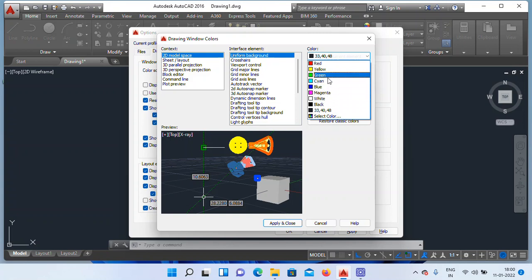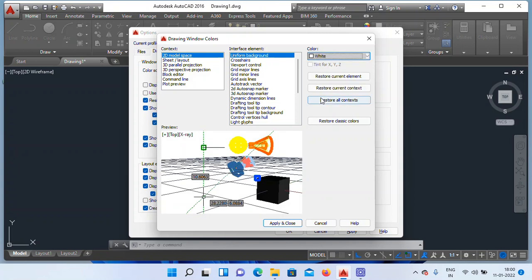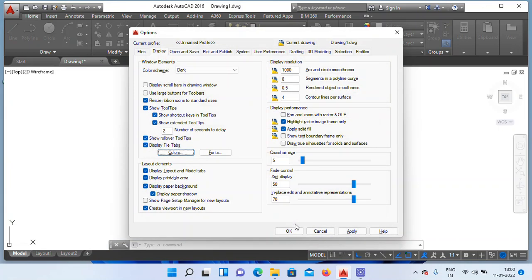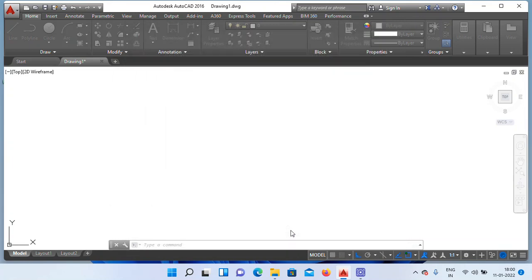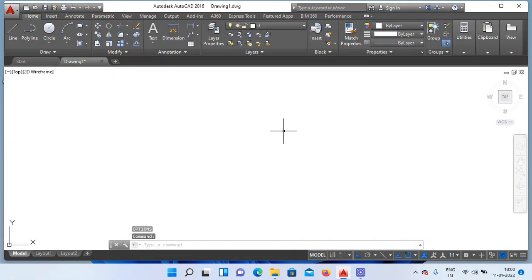Assume that I need white, right? Click on apply and close, and click on OK. See, white changed like this, right?